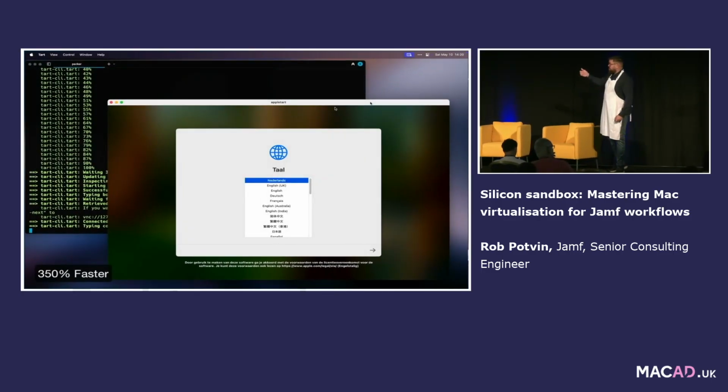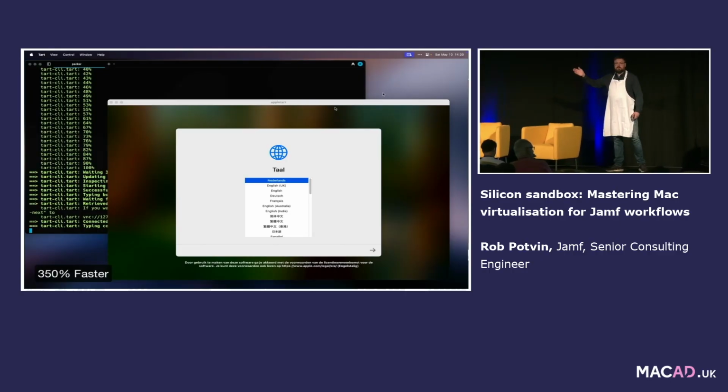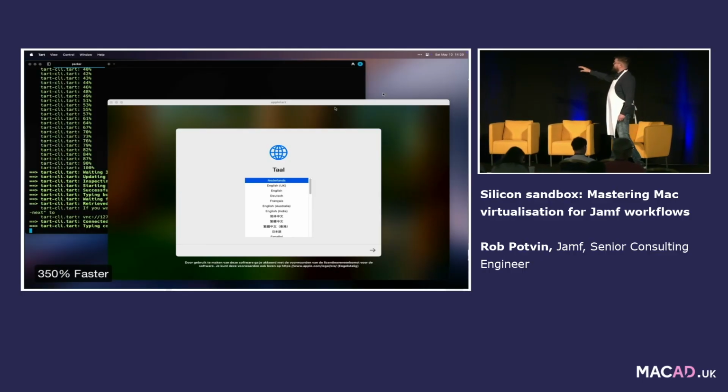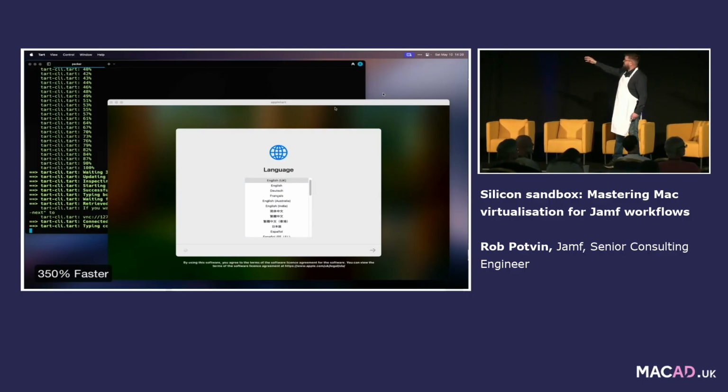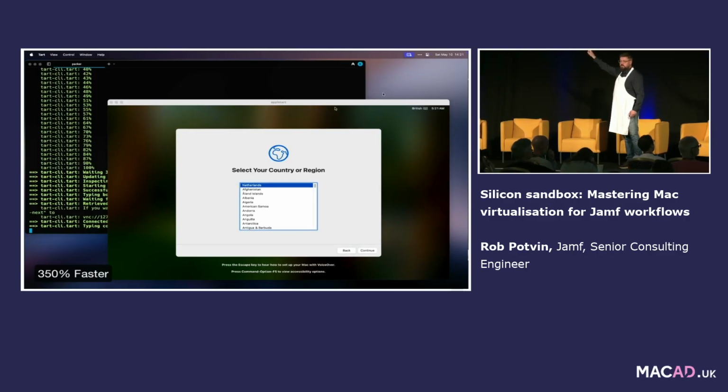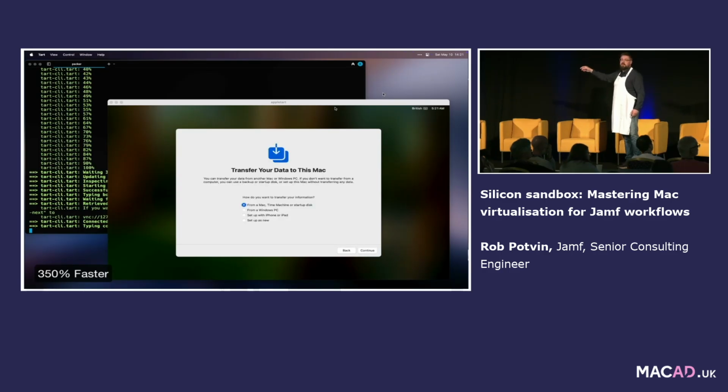So this is the build process going in the background. I was just talking here. This is sped up 350% because I have an M1. It goes a little bit faster, but it's doing that traditional VM stuff here, and then notice my mouse at the top. It's not moving, but it's going through Setup Assistant magically. All those instructions were set in that Packer file. It's going to click through.